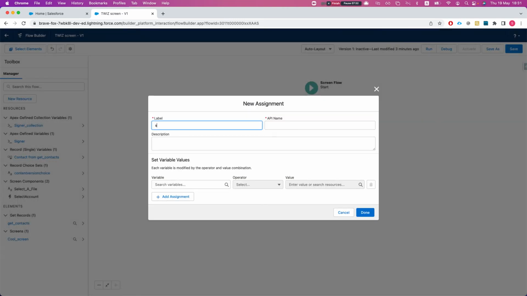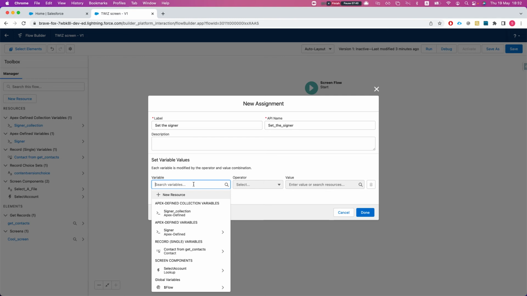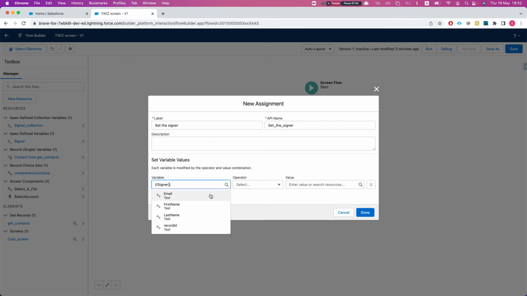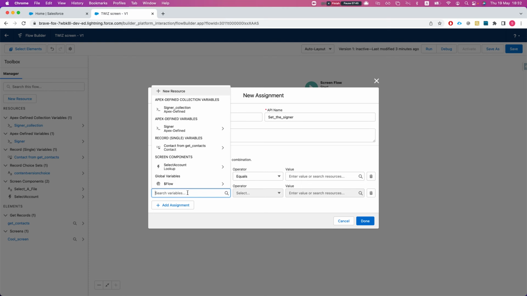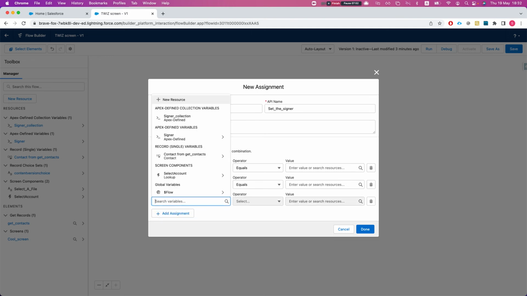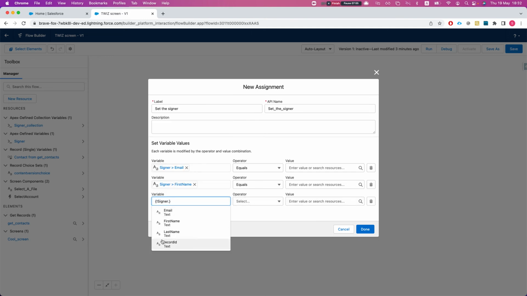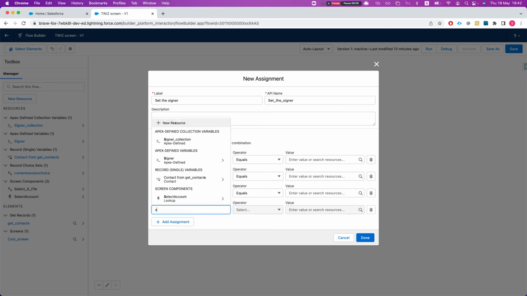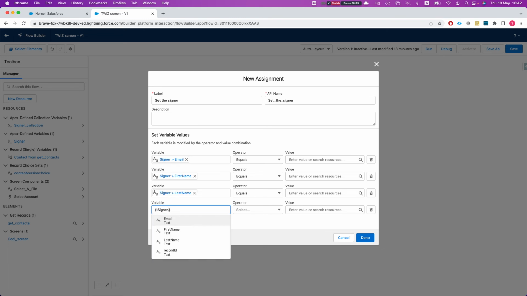So let's assign, set the signer, and let's select our signer Apex defined email, signer Apex defined first name, and we want to do signer Apex defined last name, and we will add the signer record ID. Okay, so we have email, first name, last name in the signer, and then we have the signer